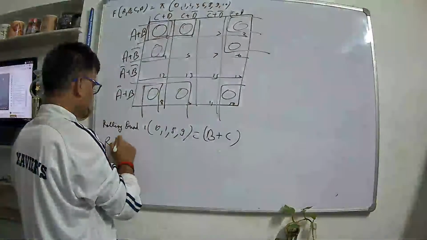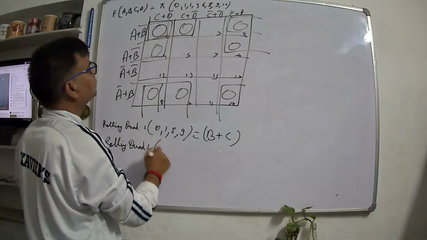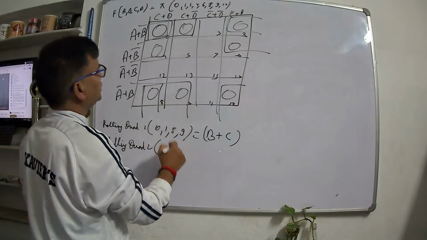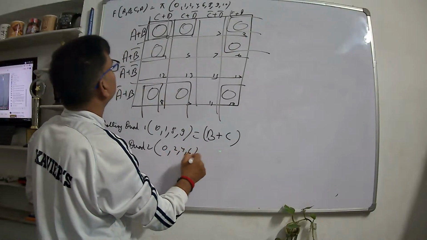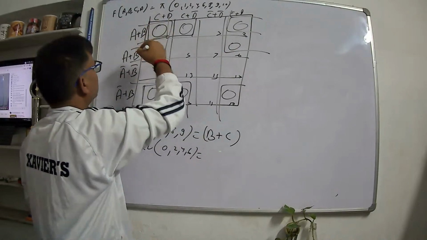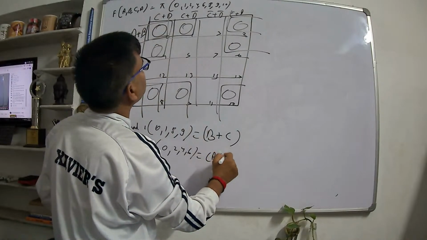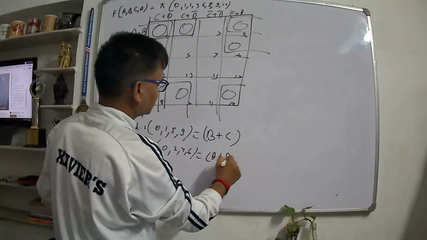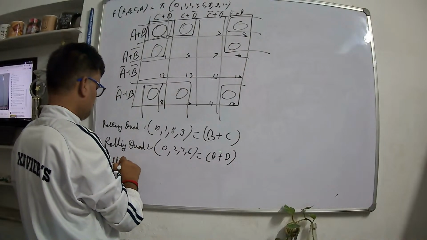Rolling quad 2 between 0, 2, 4, 6. Now this is B and B bar cancel each other. This is A plus C, and C bar cancel each other. It is D. And again, rolling quad